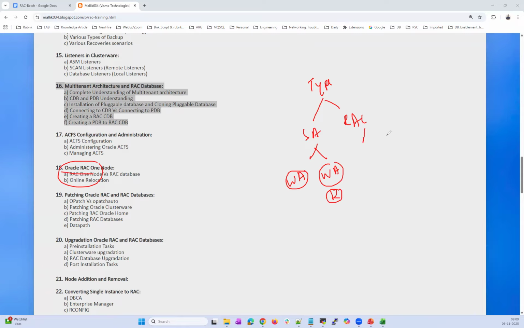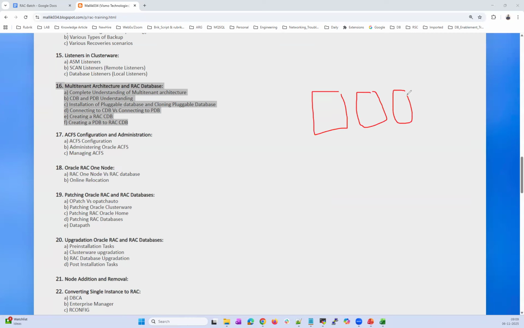So in case of RAC, again we have the RAC database and we have the RAC One Node database. We'll be talking about RAC One Node and what the advantages are. Licensing is one of the advantages. If I draw that RAC One Node here, let's say I have a four node RAC database here. It's a four node RAC cluster.